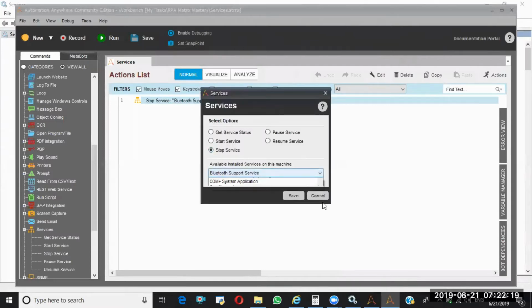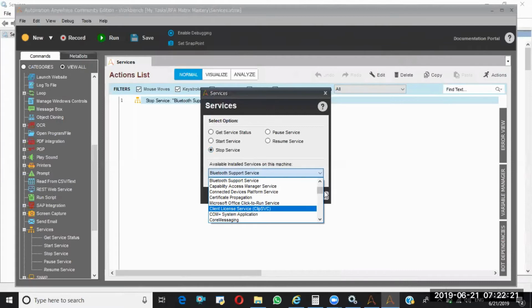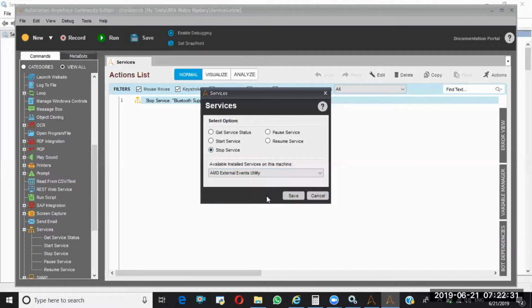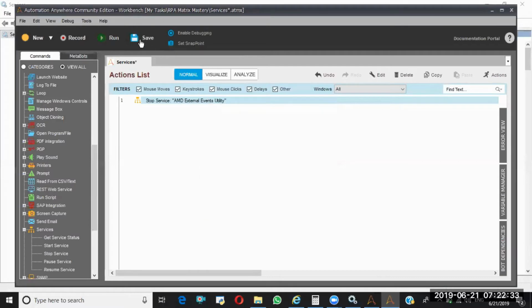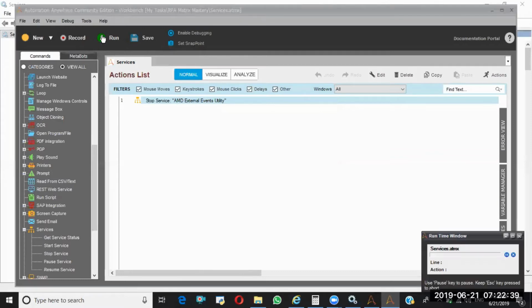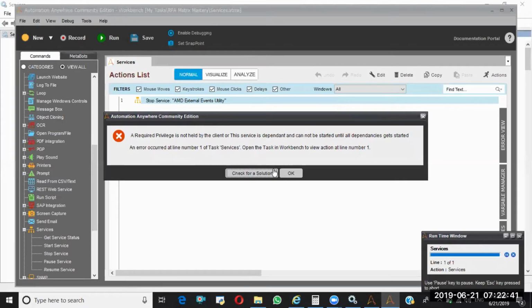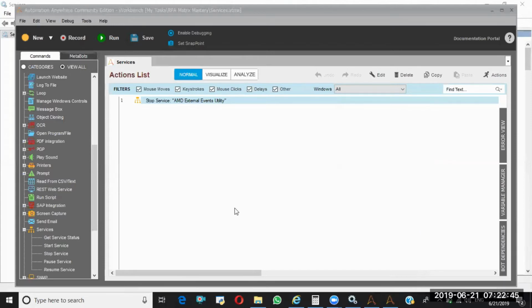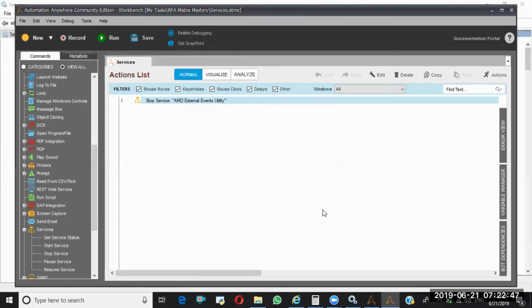Which one can we take? Certification we should not do that. Okay, I am stopping this AMD service. Okay, we don't have the access for that one as well.